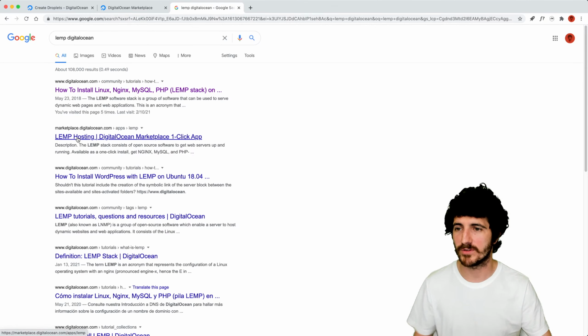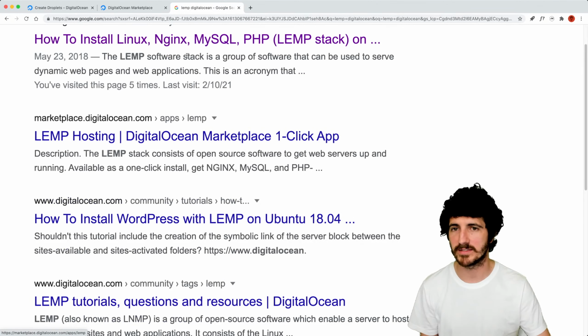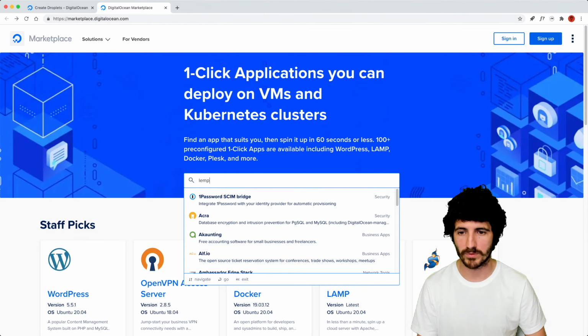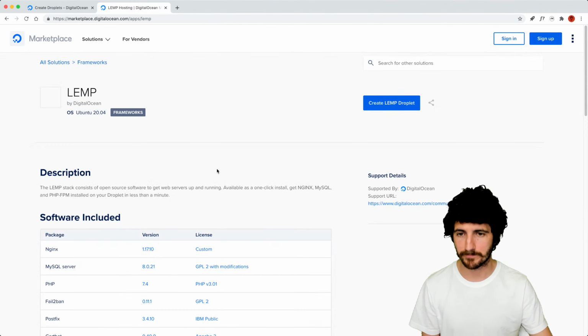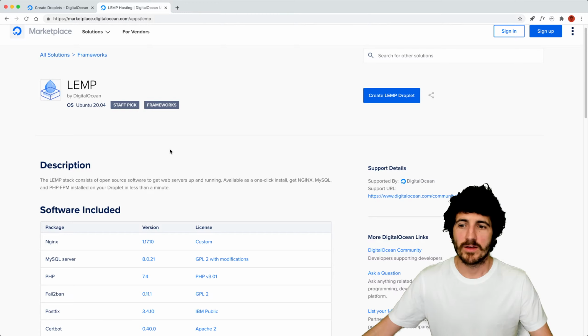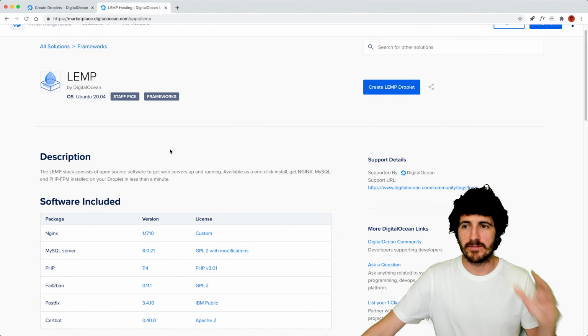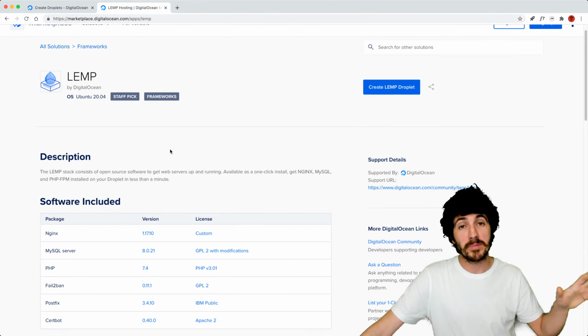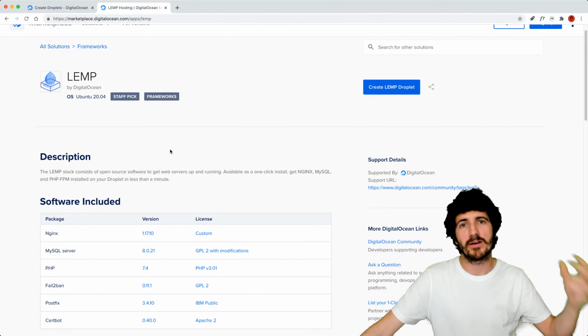And the second result here in LEMP DigitalOcean is the LEMP Marketplace template. So we can put here LEMP and we can see that here. What I'm going to do now is get some of the most famous or most common Droplet templates in the marketplace, and we're going to spin up a few instances.